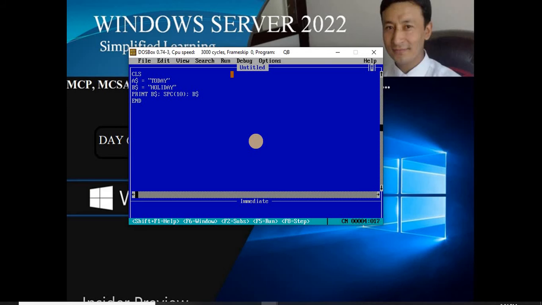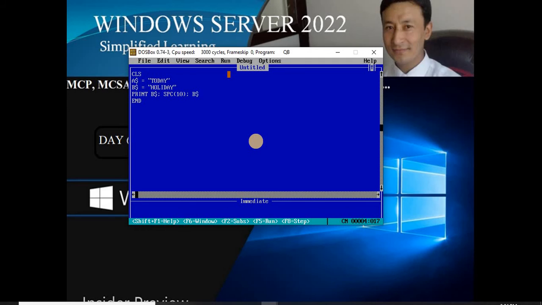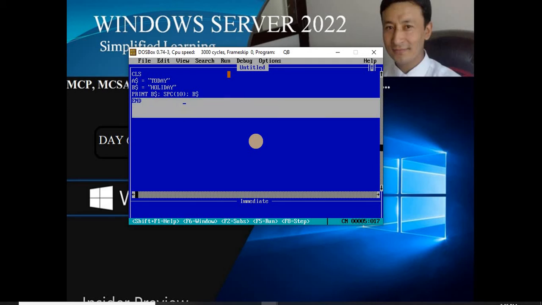Now, if I make it 10, after printing the first word, it's going to count the 10th column gap and then it's going to execute. See here. That means it is not the same as the tab statement. Okay, so I hope it's clear.